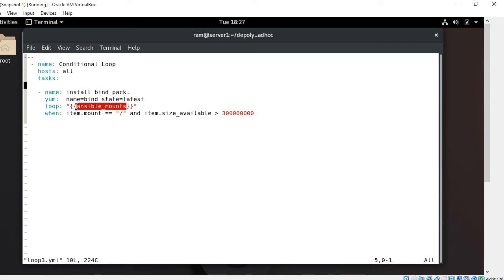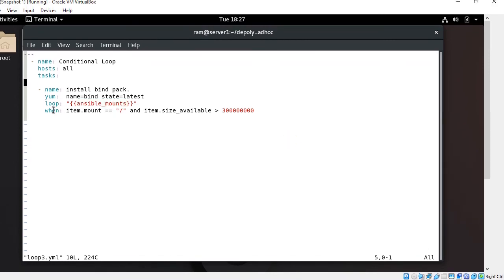Then I use the keyword when. The when condition is used to control whether a task runs or is skipped. This is normally used to change play behavior based on facts from the destination system.